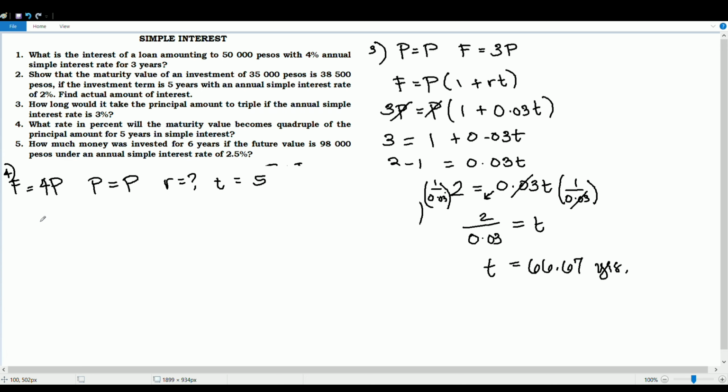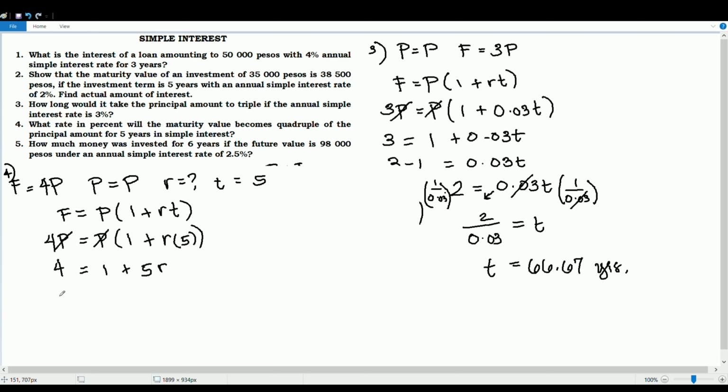So let's use the second formula again. So we have F is equal to P times 1 plus RT. So we have F equal to 4P equal to P times 1 plus R to be multiplied by 5, which is our term. So P will be cancelled out. The remaining equation will be 4 equal to 1 plus 5R. We add negative 1 to both sides. It will become 4 minus 1 equal to 5R. This is 3 equal to 5R, or multiplying both sides by 1 over 5